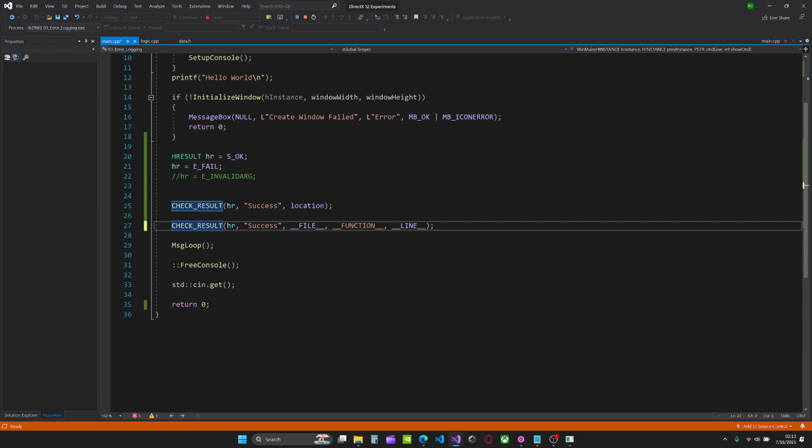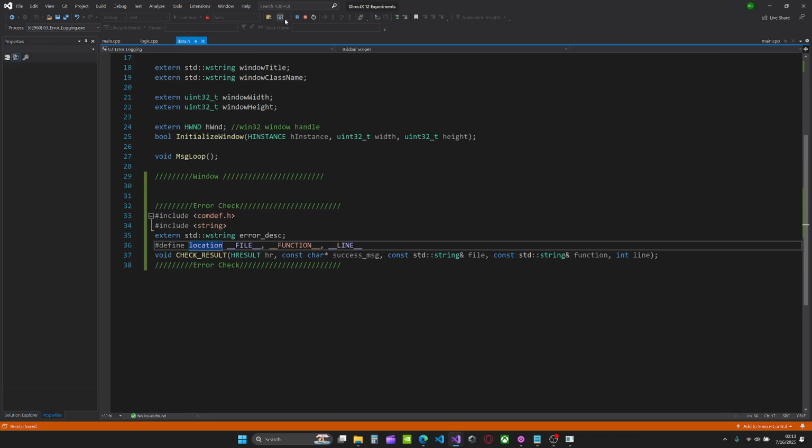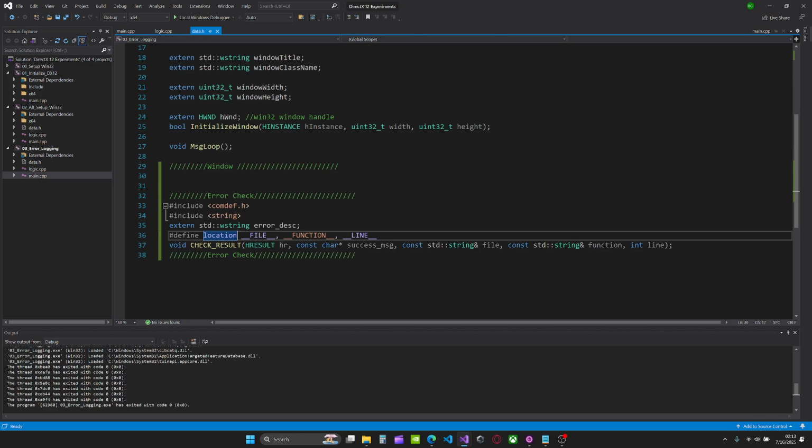But what has been done within the past hour is creating a different macro in order to represent three macros. And to see how this works, the function for detecting errors takes in the file, function, and line, and what can instead be done is to define one macro to define three other macros, which just makes